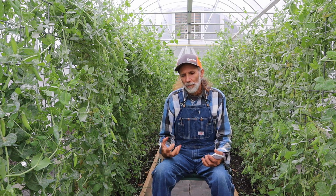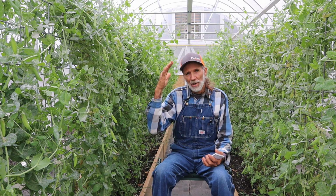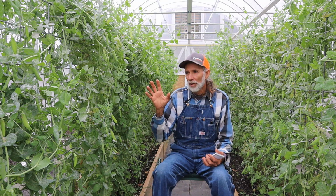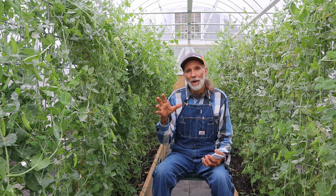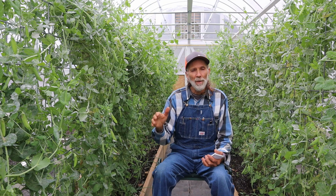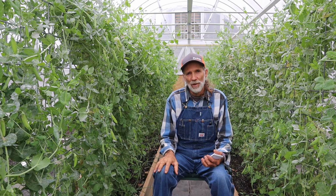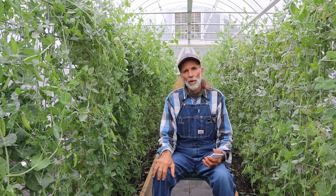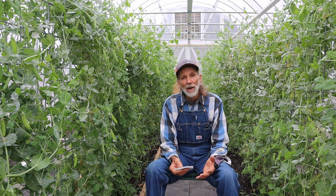We could come in here where the sun is not beaming down as intense as it was underneath that shade cloth. The plants are doing a lot better because the sun is not baking them and cooking them, and they are producing way better than they would if they had been exposed to the extremes of the sun. So heat is not really an issue with us with a high tunnel, as long as we have the fan